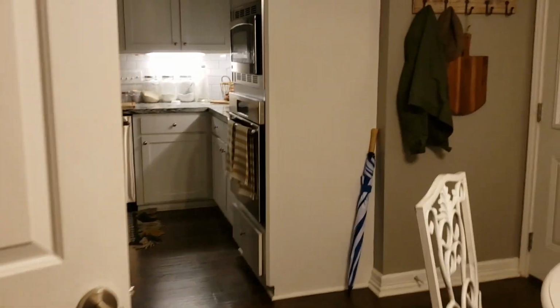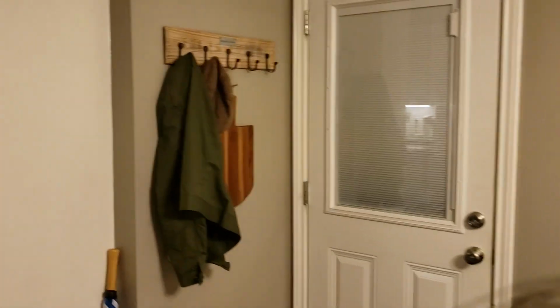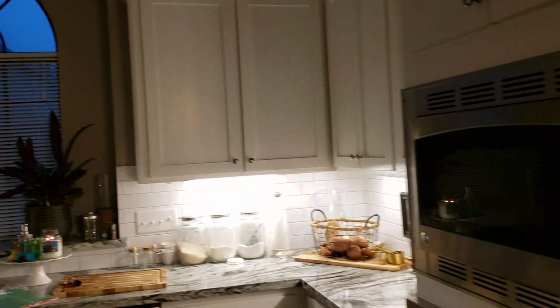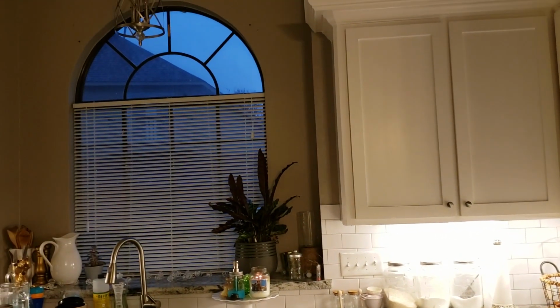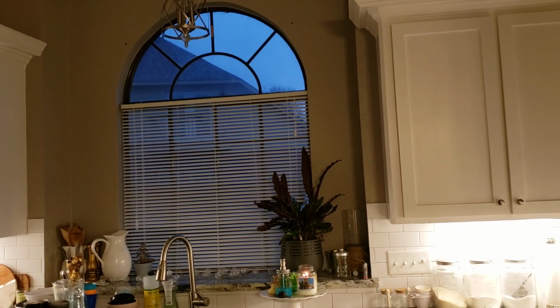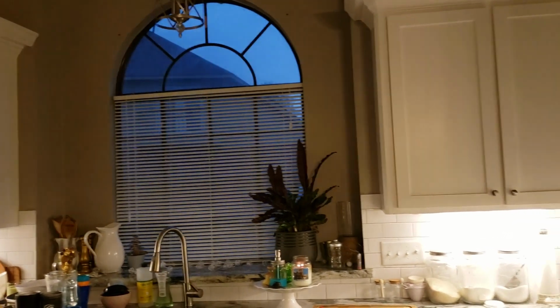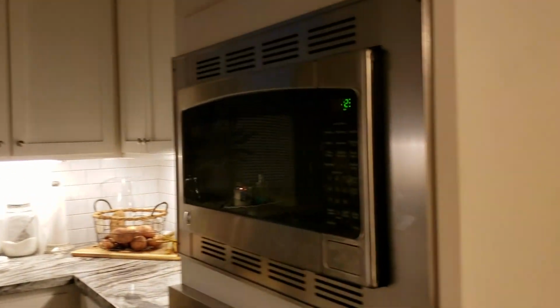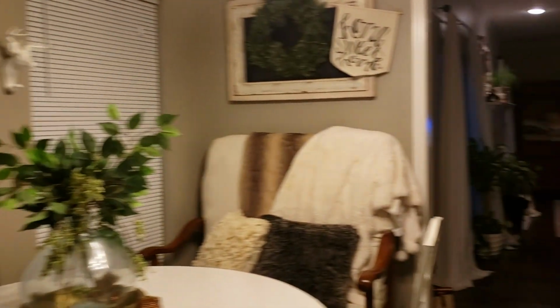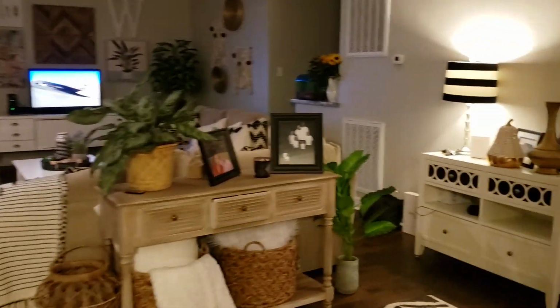You guys know how I feel about just trying to upgrade some things. And so that window over there will get an upgrade, and that's a funny acting window, so we're gonna get that one switched out. I gotta wash dishes, so don't mind those. And another thing that we're gonna do here is